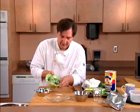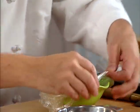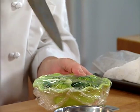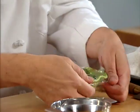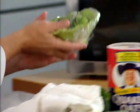Now, you can have a vent in the middle or you can have a vent at the side, but you must have a vent. That's the poking of the holes in it. If I were going to close it like that, I would. But what I'm going to do is just fold out a little vent over here. And then we're going to stick it in here